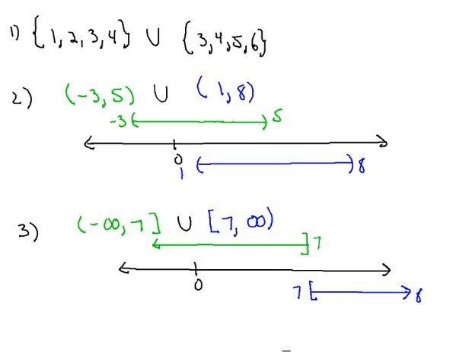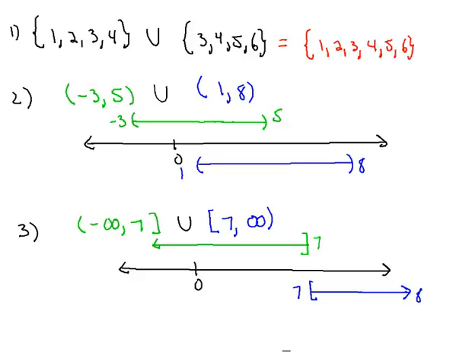Now one way to think about the union, if you will, imagine putting all the elements from the first set, 1, 2, 3, 4, into one bucket and all the elements from the second set into another bucket. If you were to take and dump those two buckets into a third bucket, what elements would you have? And all those elements then would be those in the union of those two sets. Now, the only thing to keep in mind is that if an element appears twice in the third bucket, meaning it appears in both sets, then you only list it once in the union. So in our case then, the union will consist of the elements 1, 2, 3, 4, 5,